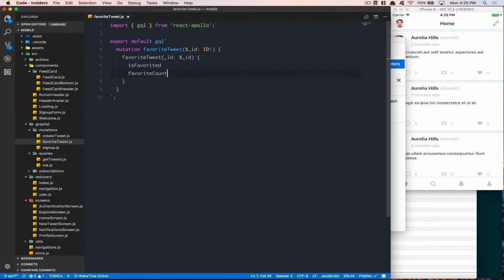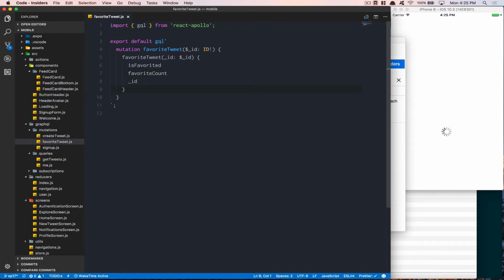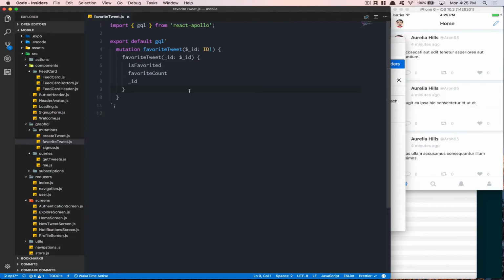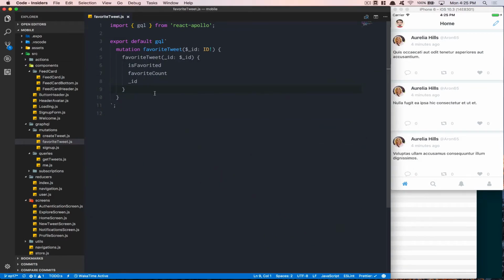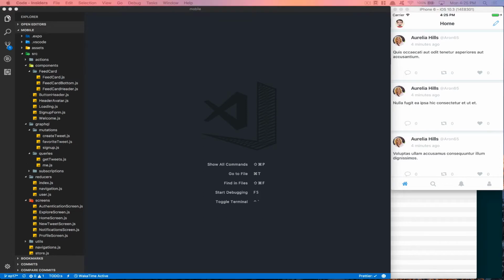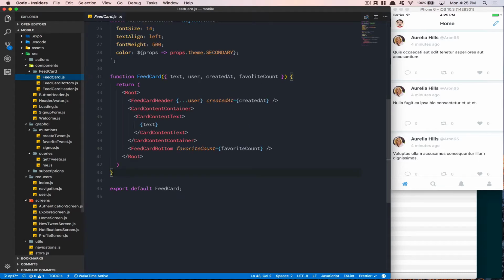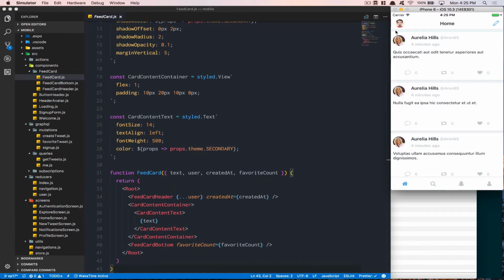And after that, we want the ID. Because we need the ID, you can just not send it, but that's going to require some change we can do further. So now we need to create this mutation. Remember what we did in one of the first episodes, is we create the